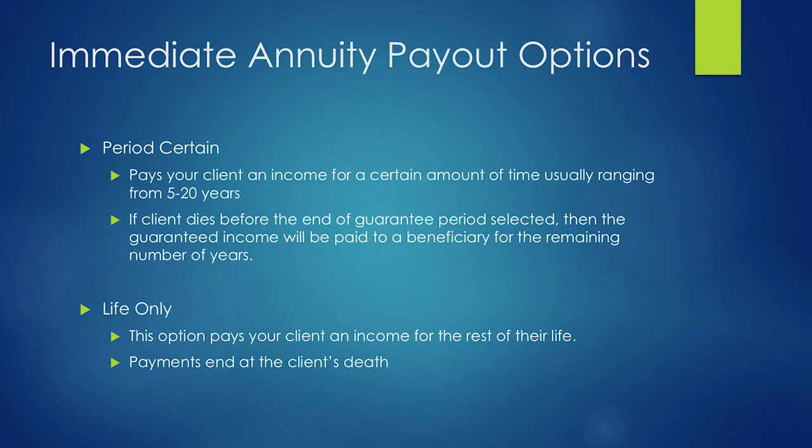And then there's what's called installment refund or cash refund. What those two mean is that, let's say you give them $500,000. Installment refund means they're going to keep paying your beneficiary installments after you die until $500,000 is paid back. And lump sum is almost like a life insurance policy. Lump sum basically means if you die, they're going to give the beneficiary the difference between what you paid in and what you got out in the check. And obviously, the better the guarantee you get, the lower your payment is going to be.